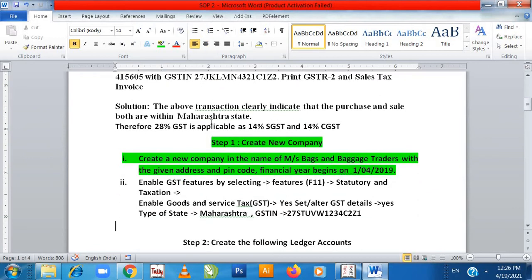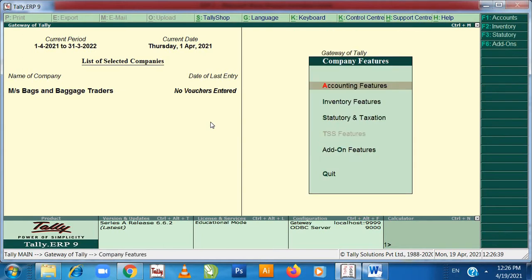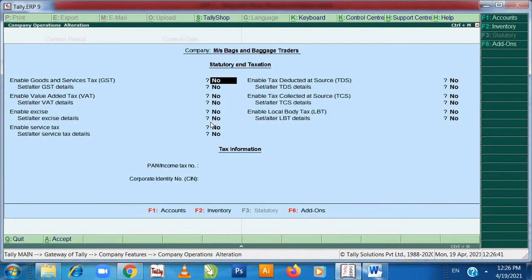Now the next step, we have to enable the GST features by pressing F11 statutory and taxation. Then we need to enable GST, set all the details yes, and type Maharashtra along with the GST number. So here I press F11 statutory and taxation.